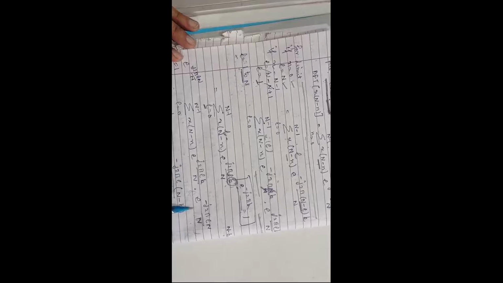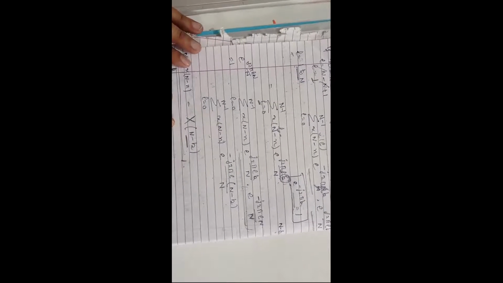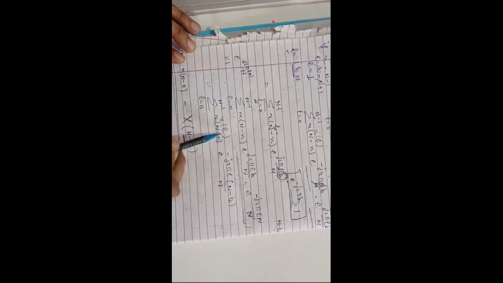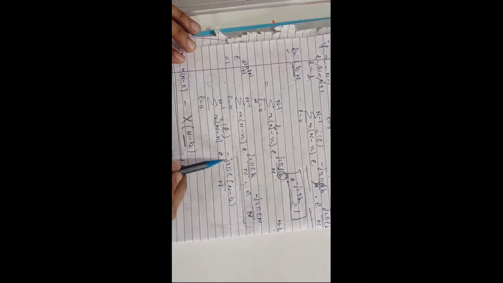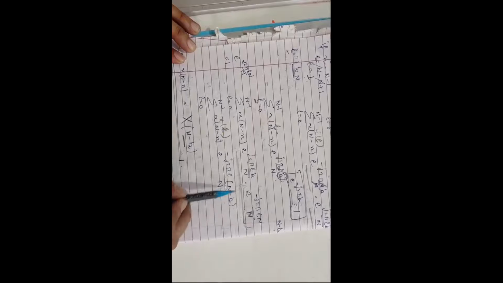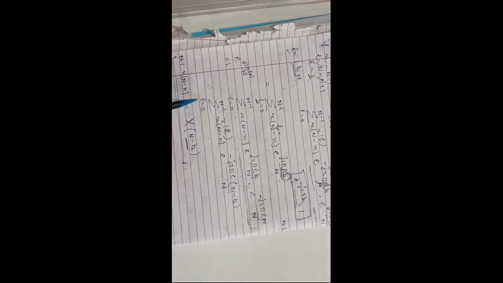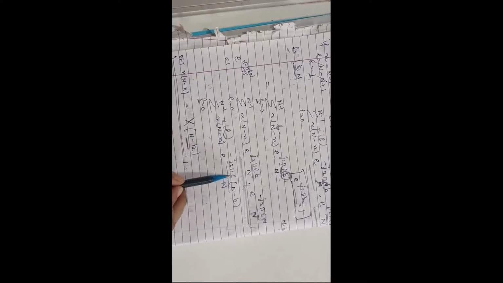But the bases are the same, so if we add or combine these two parts, then here the summation is L from 0 to n minus 1, x of L basically, is equal to e raised to power minus j 2 pi L is common. Here it is n and here it is minus k, minus minus plus, k is plus upon n. Okay? Clear? I told you, here it is n, here it is n, and here it is n. Okay? This is x of n.